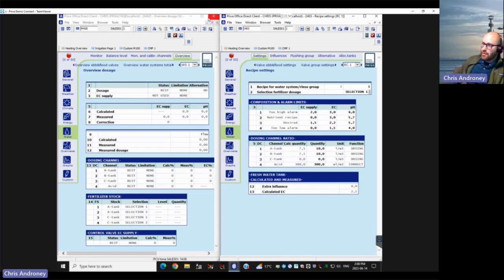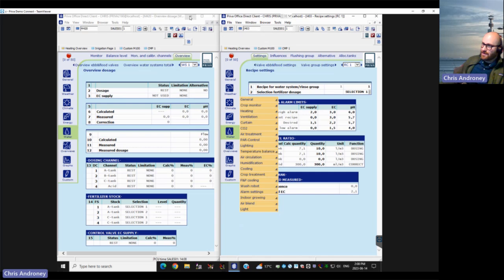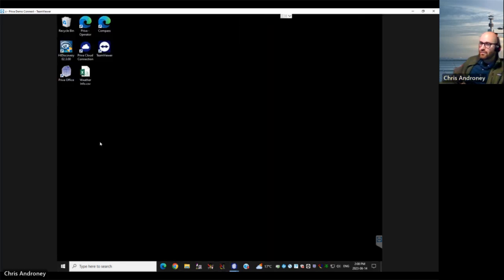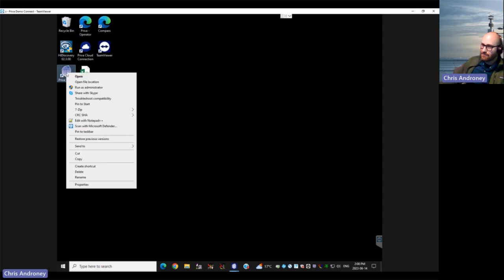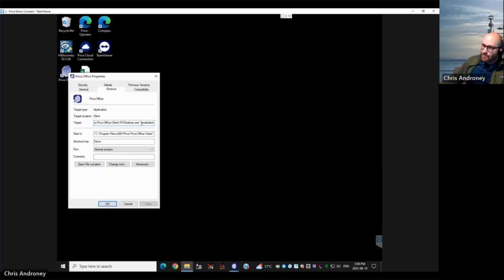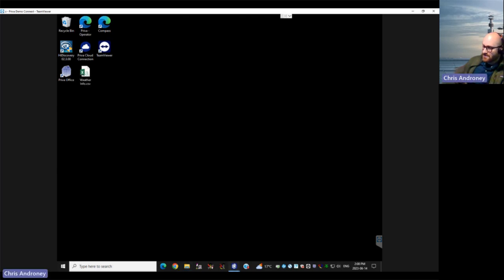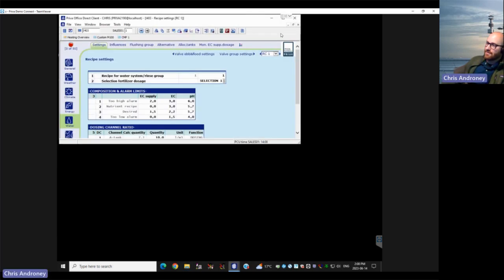In order to open up more than one instance of Priva Office, I can go to the Priva Office shortcut on my desktop, right click, say properties. At the end of my target, I'm going to put a space, and then I'm going to say multi-client on the end. Once I have that in there, it's going to allow me to open up two different instances of Priva Office